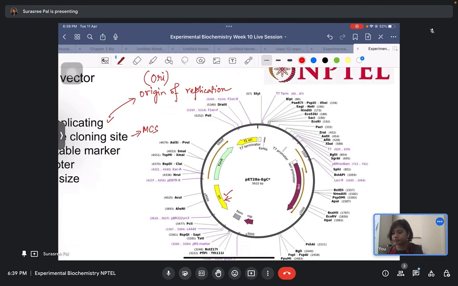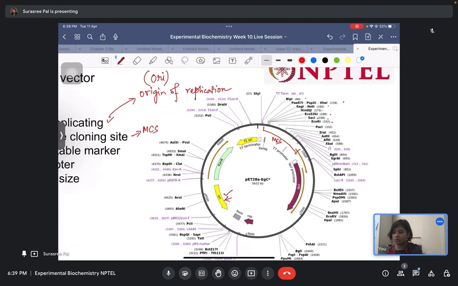Here you can see the MCS region, where these are the restriction enzymes whose sites are present, like HindIII, SacI, EcoRI,